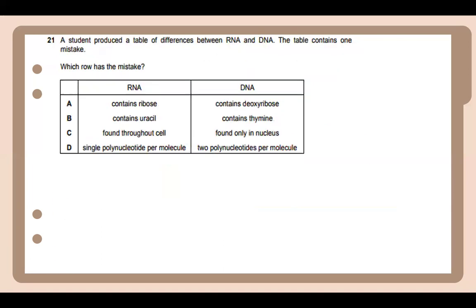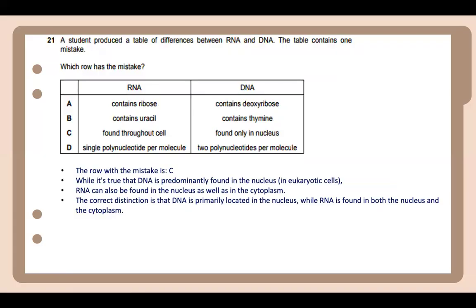A student produced a table of differences between RNA and DNA. The table contains one mistake. Which row has the mistake? The row with the mistake is C. While it is true that DNA is predominantly found in the nucleus in eukaryotic cells, RNA can also be found in the nucleus as well as in the cytoplasm. The correct distinction is that DNA is primarily located in the nucleus, while RNA is found in both the nucleus